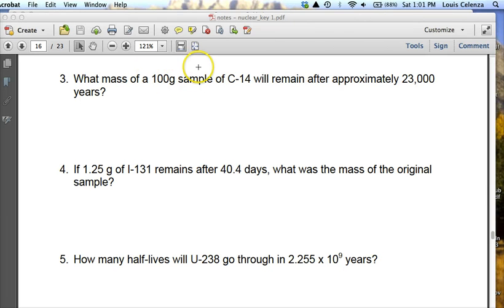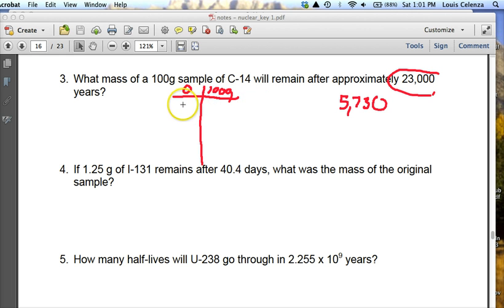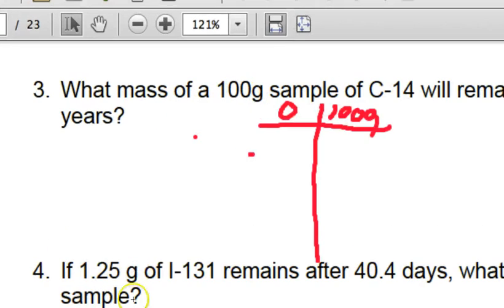It's asking what mass of a 100-gram sample of carbon-14 will remain after approximately 23,000 years. So I am starting with 100 grams of carbon-14, and they want to know how much is left after that. So I have to look at the half-life. The half-life of carbon-14 is 5,730 years. So like my previous one, I have to add 5,730 each time. So after my first half-life,